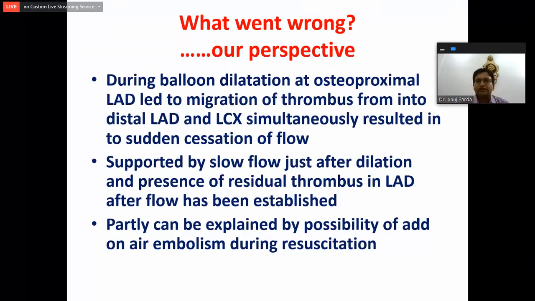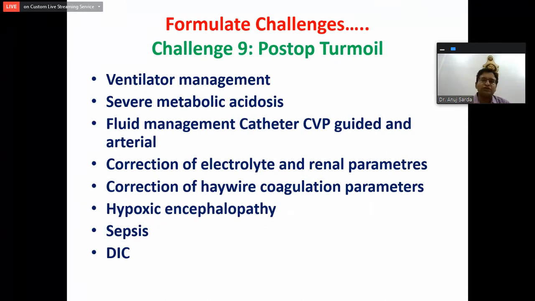So these are the challenges we have faced, and the most important challenge we have to face after the cath lab is over is the post-operative turmoil. We put the patient on ventilator support, we correct the metabolic parameters of the patient, like electrolytes, acidosis, and renal parameters. And definitely sometimes because of this, there is a shock liver condition and haywire coagulation parameters. So we have to control all these parameters, and definitely the hypoxic part and the sepsis part of the